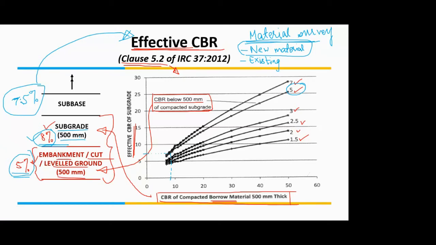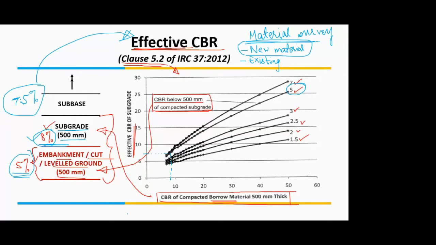Okay. So in the detailed report of your pavement design, you have to include the latitude and longitude of that borrow area as well, so that the material you have tested is the same material utilized by the contractor. Otherwise, it may happen that you have tested some material from some X location, and the contractor is procuring the material for subgrade from some Y location. That will not be the justification or the correct approach for constructing your pavement.